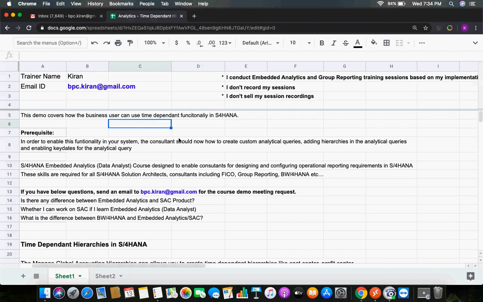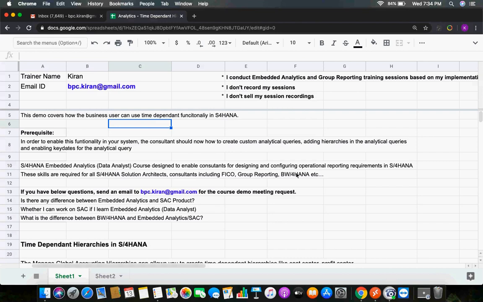So your question is, you are creating S/4HANA time-dependent hierarchies and you want these hierarchies in BPC. Correct. Currently, you have to create time-dependent hierarchies in BPC web only.